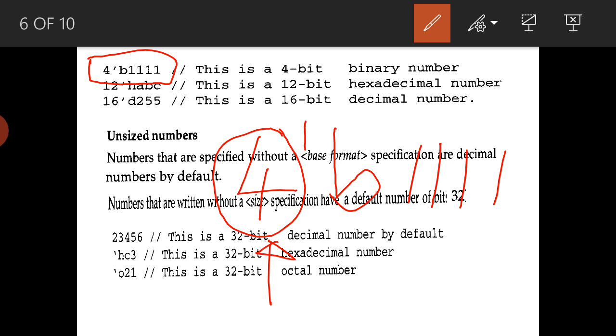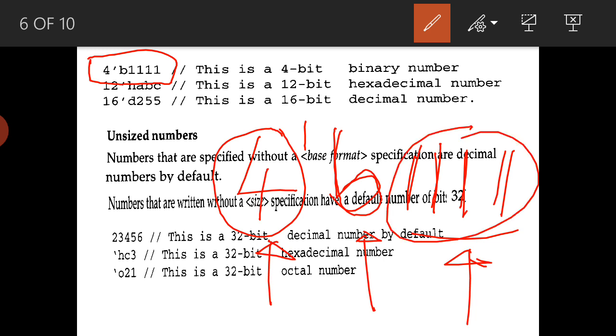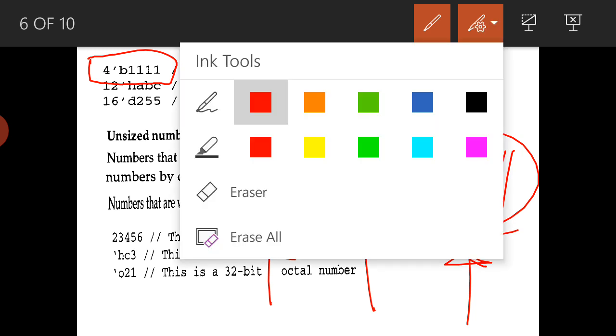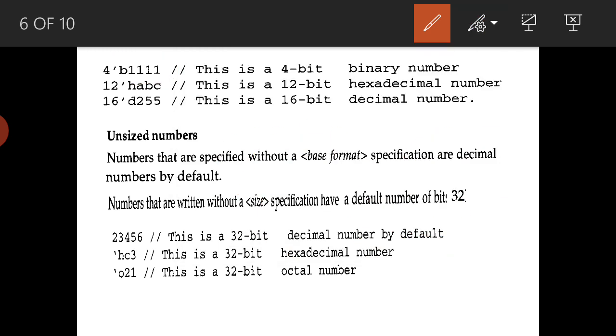It is in terms of bits. Next, this is the base format. The base is what we call the radix. B means binary. This is the value: in binary, that is 1111, 4 bits. So there are 4 bits and 4 values. We call this the binary format, for a 4-bit value.